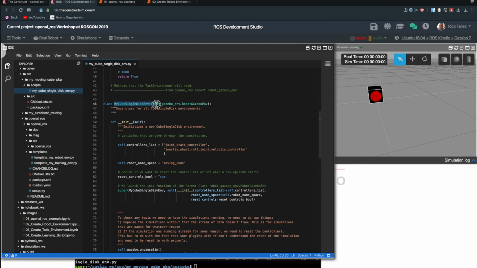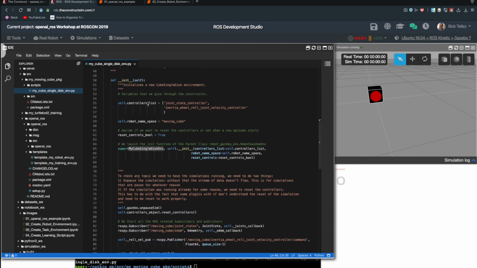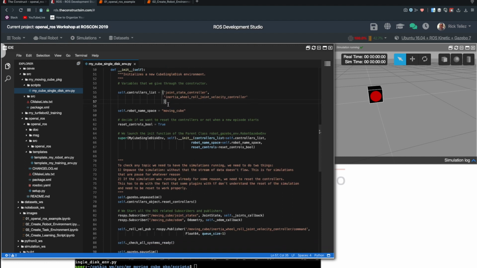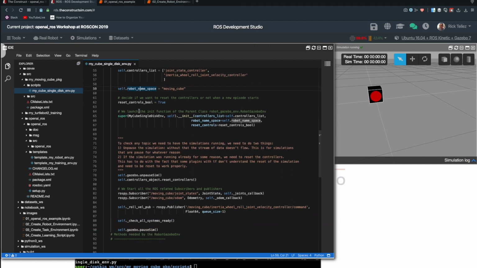Then we are providing a list of the controllers that need to be reset. So this is important for the system because your robot will have controllers of different types, and Gazebo is very sensitive to stopping, what I mentioned to you. So you have to include there the controllers that you want the system to restart, and then, well, robot namespace, whatever, and then this is an initialization of the